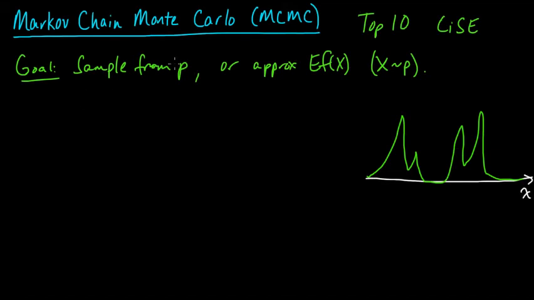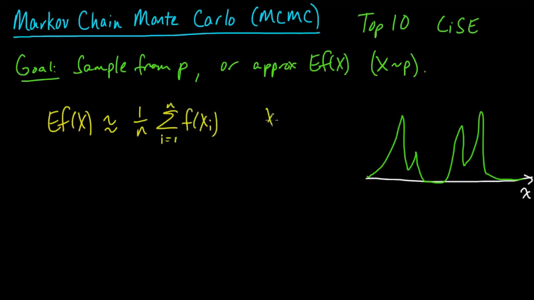We talked about Monte Carlo, just basic Monte Carlo, which was to approximate this expected value by computing this sample mean, where these xi's were drawn IID according to this distribution P. Now the first problem that might arise is that this P might be way too complicated to actually sample from.